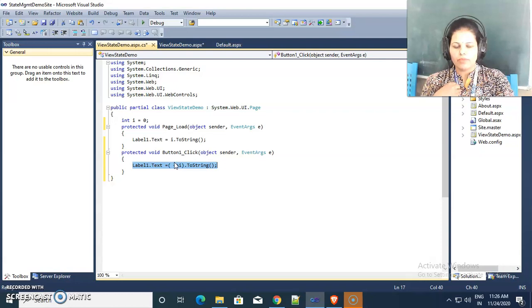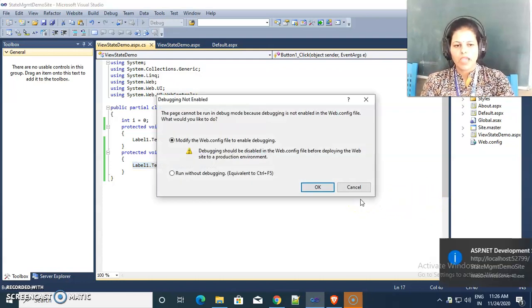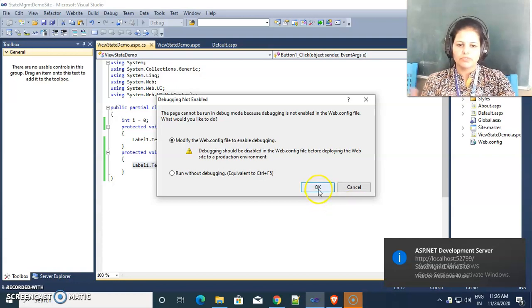What is my requirement? I want the label value to change in an incremented manner: 1, 2, 3, 4.